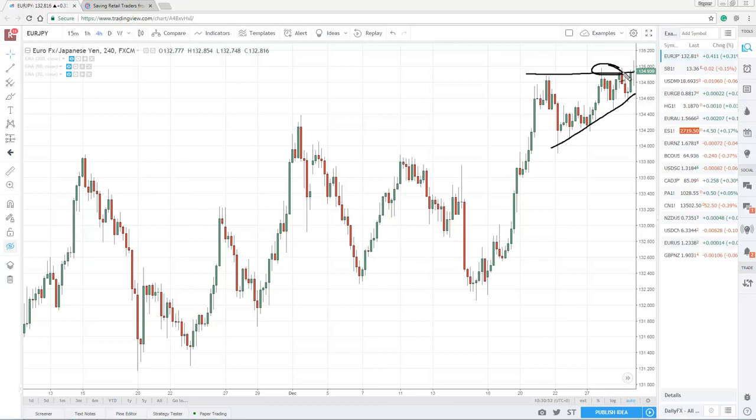And where would they put their stop loss? Well, the textbook says, right, put your stop loss just above this high over here. So they put their stop loss just above this high. And then, with enough traders shorting the market, there is a cluster of stop losses built up above this area of resistance, right? And